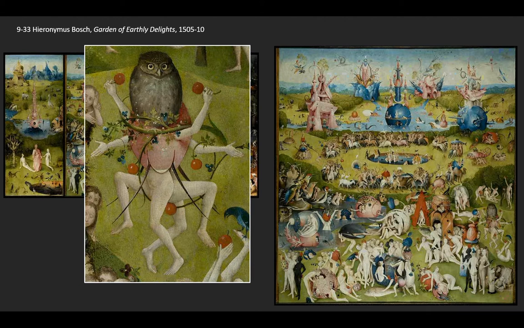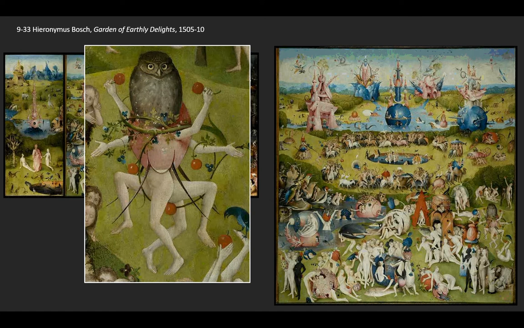There's another owl almost on exactly the same level on the right-hand side of the panel. It's sort of here, whereas the other one is there. And this owl is resting atop a large piece of fruit. You can see two figures have inserted themselves into that fruit and are dancing with cherries wrapping around their bodies as they perform a sort of strange dance inspired by the owl itself. So again, the owl is a symbol of evil. And the one on the right seems to suggest that Bosch is drawing a link between knowledge of evil, the owls, and the fruit, which abounds throughout the entire composition.